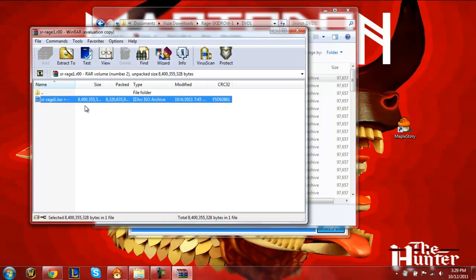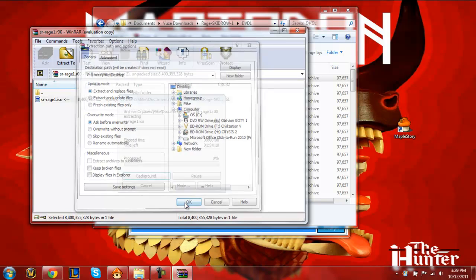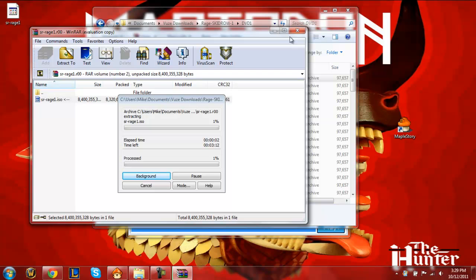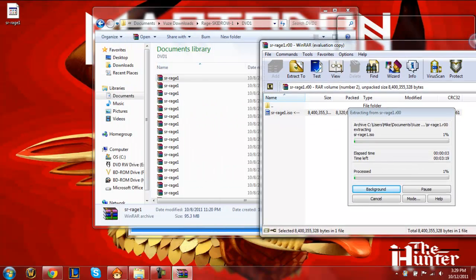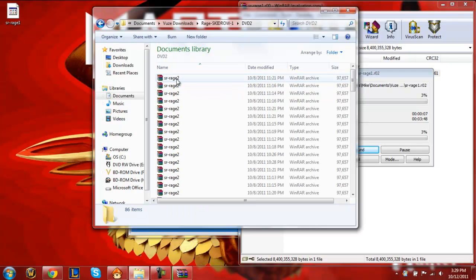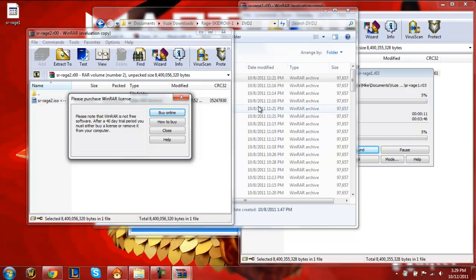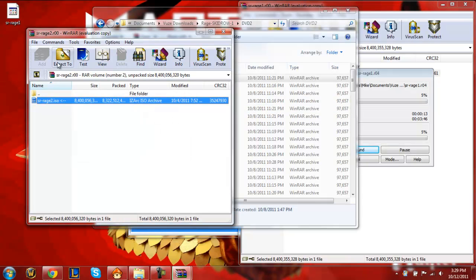Now you're just going to click on the file right here, extract to, and wherever you feel comfortable extracting your file to. For example, I'm doing my desktop because it's easy to find. You're going to have to do this with all 3 folders: DVD1, DVD2, and DVD3. So just do that for all 3 files,